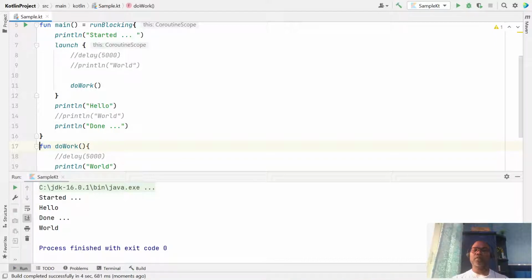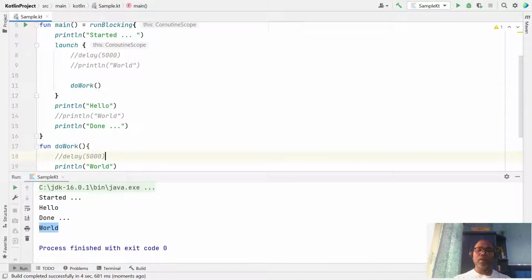Okay, it works. So we have the option: you can write a set of code inside your launch block itself, or you can invoke any methods or functions. Here we have invoked two functions.